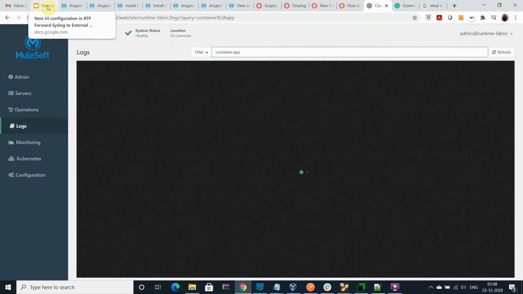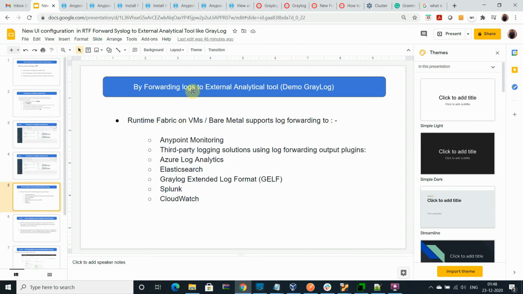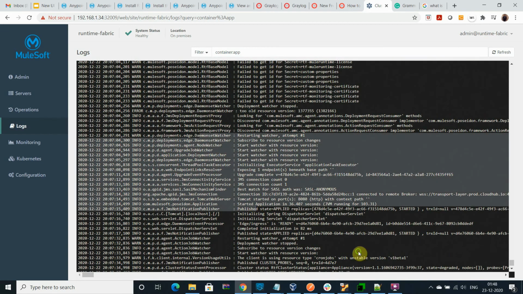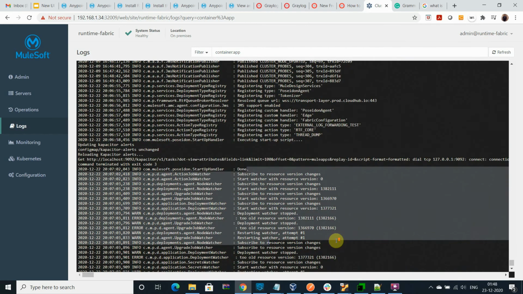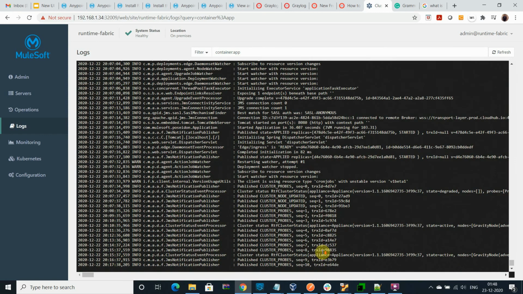Let it take some time. We'll come here again. The next point is, you can select the logs and find the logs for the application as I explained. Now let me check. Yeah, it's there. You can check the logs from here to see what is happening and how the application is working right now.